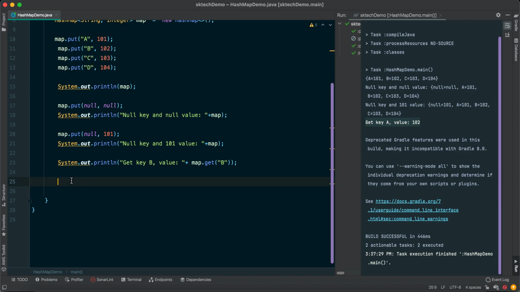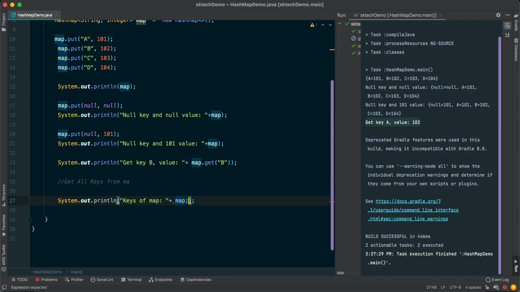So let's try to use that. Let's say we want to print all the keys available inside the map, and accordingly we can print all the values. So let's print all keys from the map. How can we do that? It's very simple. Let's write a statement like keys of map, using object dot keySet.